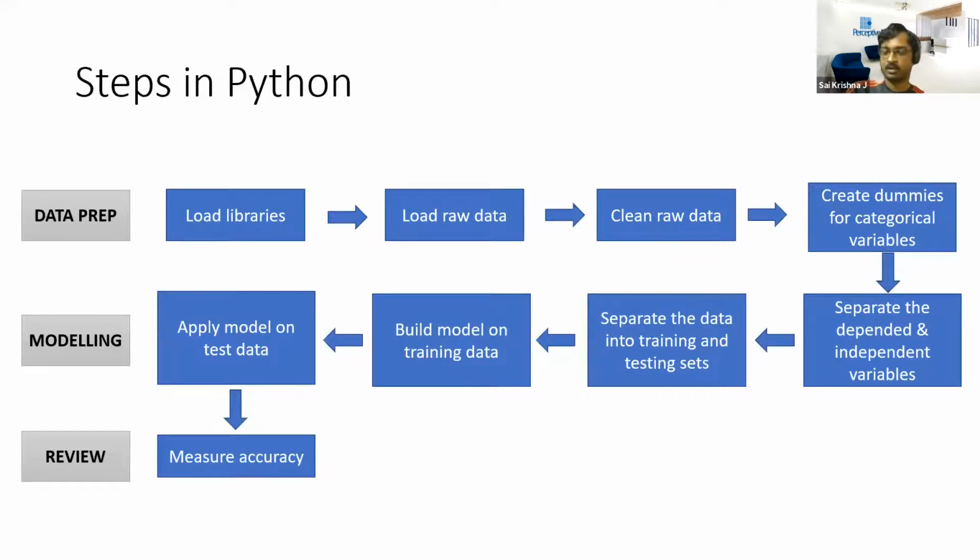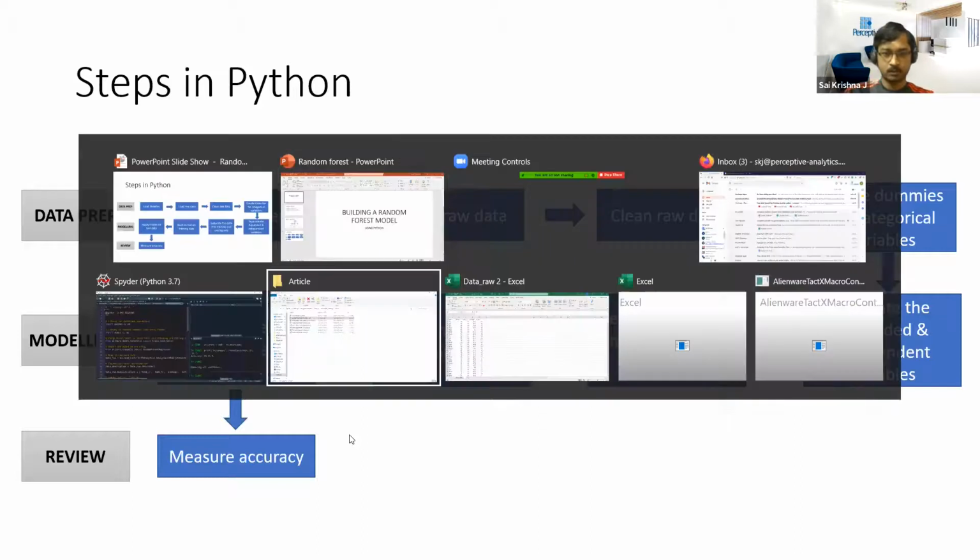We are first separating them into 2 different arrays, and then we will separate that further into training and testing data sets. We build the model on the training data, apply the model on the testing data, and we measure the accuracy. And based on the accuracy, if you want to improve it, then we do more feature engineering, and we go back to the previous steps. So again, you create more features. If necessary, you create dummy variables, separate this, apply the model, do all those things, and repeat the entire cycle. Okay, now let's look at the code.